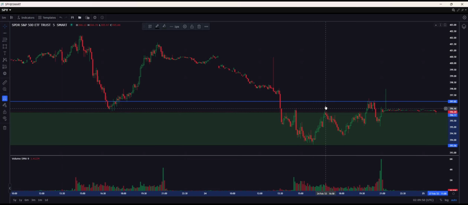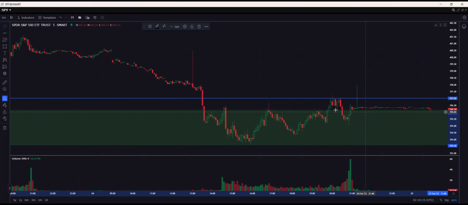As you can see here, we got a nice little break. I did trim and we came all the way back. But as we broke here and we made the support here, I kept my stop slightly right here and I watched price action, and I wasn't going to add into my position unless we got a break above. So as you can see, I just let this trade ride out,